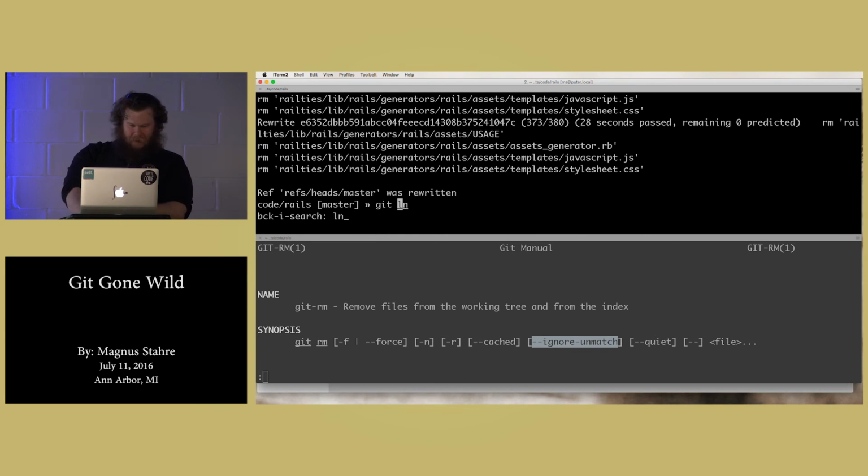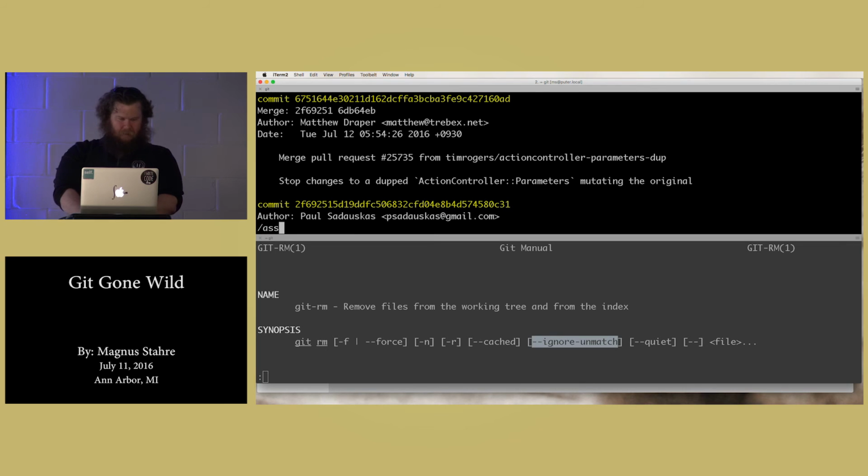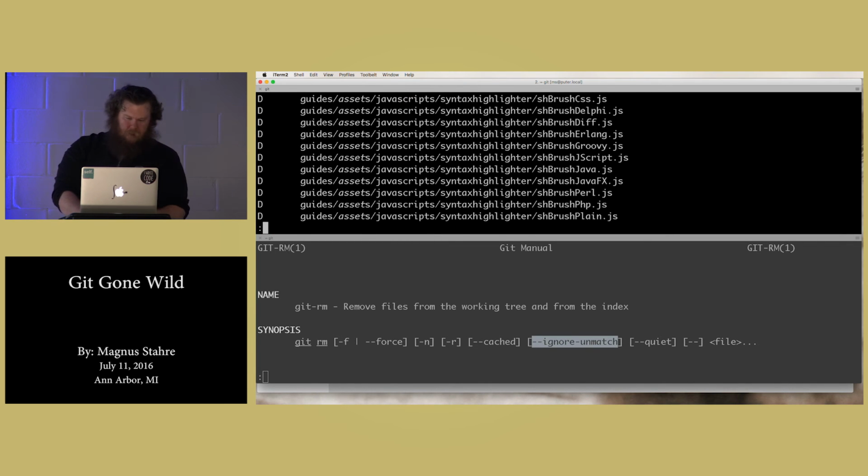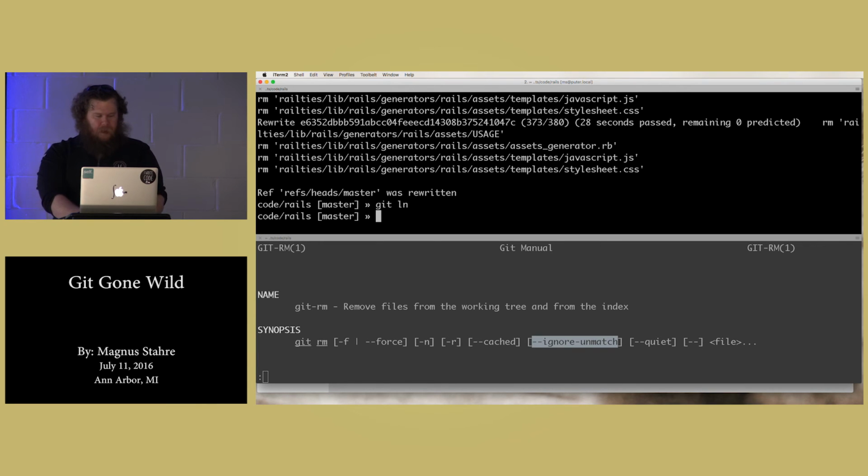So same thing here. Way back when we have a bunch of deletes of assets. So if you can get away with it, index filter is a lot faster than tree filter because you don't need to check out files and compare what changed. You work directly with the index. One more